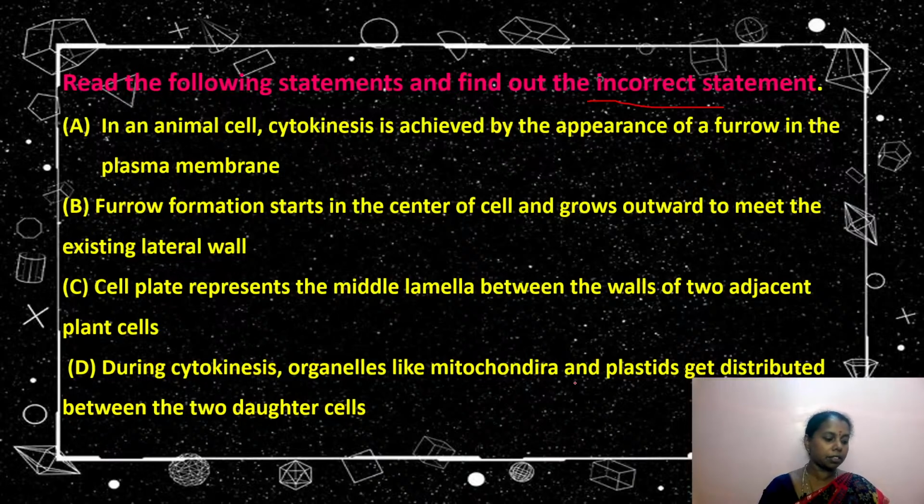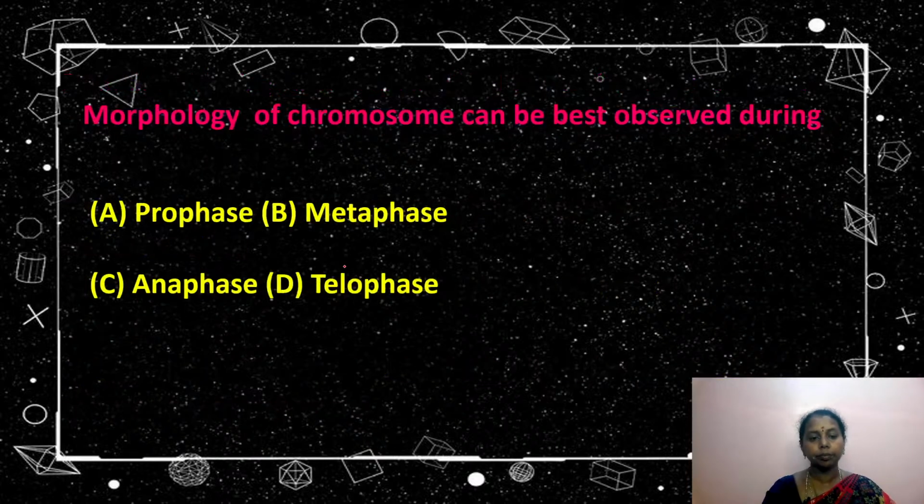So what was the answer? Excellent answer, Vaishnavi, Tarunika, Jeevan and Lakshita. Yes, the furrow always happens only in the plasma membrane, not in the center of the cell. This was the wrong statement. Yes, Arvind Shah, Vivek and Kalpana, very correct. 100% you are all correct. Rocking, very good. With that, we will proceed to the next question.